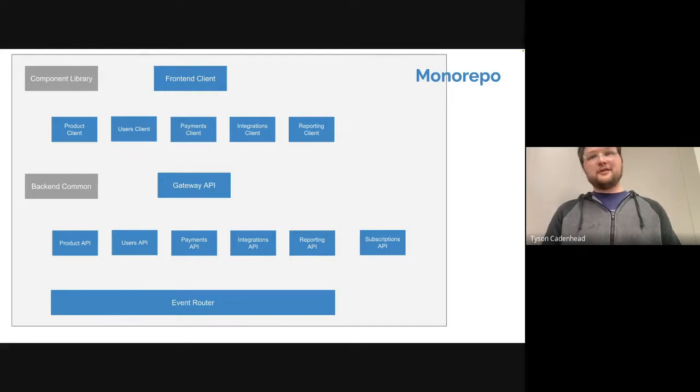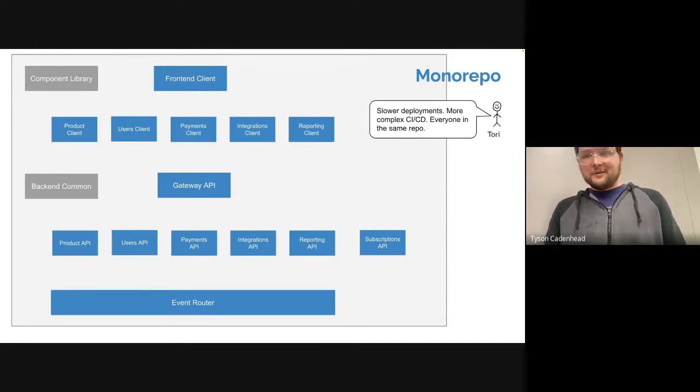So one way you could handle that is to just put everything in the same repo. So this is a mono repo. Basically, we just have a list of packages or services that are available, and they're all there. So every team is working in the same repo, and this works pretty well for a lot of teams. I think Google is actually using this model, so it scales, I would say. But there are also some issues with that.